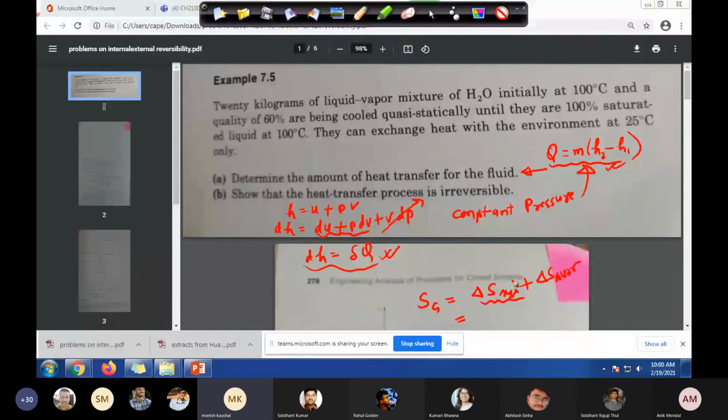So we said that the system is changing reversibly, isn't it? Yes, sir. So we can use this simple thing. Okay, first of all, delta S system is very easy to calculate from the steam table, isn't it? M times S2 minus S1. Yes, sir, this is done. Fine. M times S2 minus S1. Great. Now the question arises about delta S surrounding.